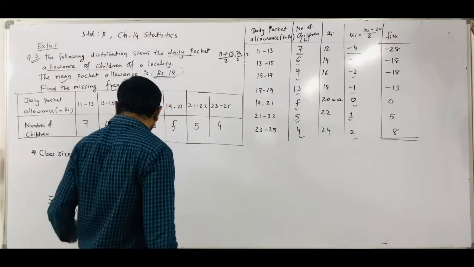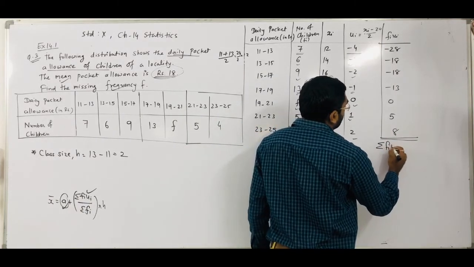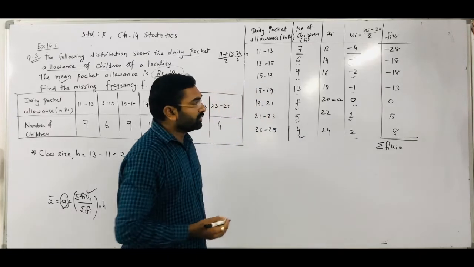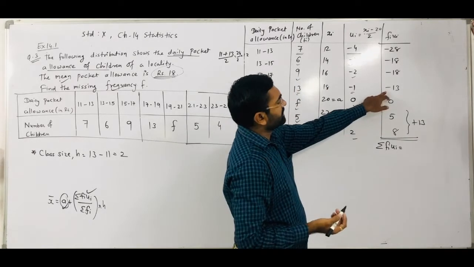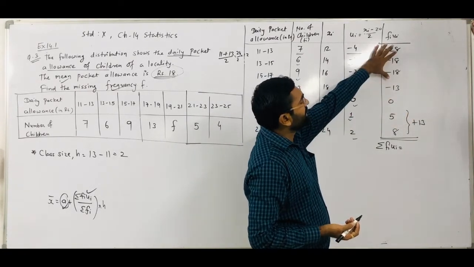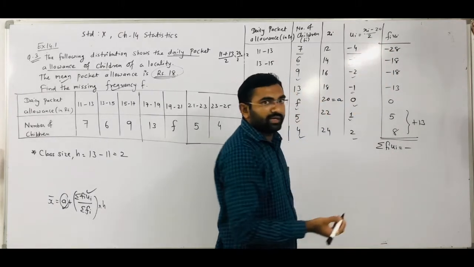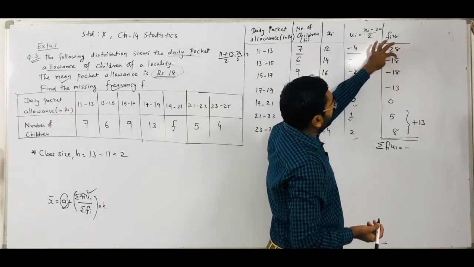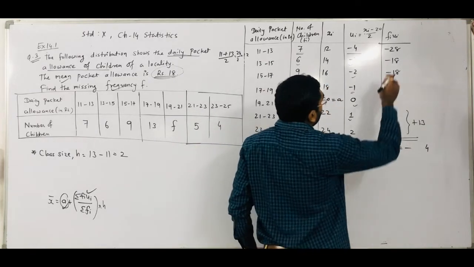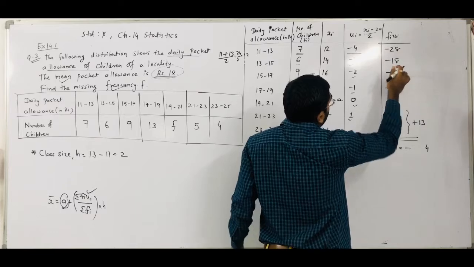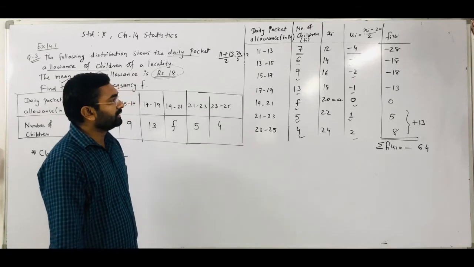After that, as per the equation, we require the summation of fi ui. So we have to do the summation of all these numbers, sigma fi ui. So 8 plus 5 is plus 13, right? Here is a minus 13, so it becomes a 0. Now we have to do the addition of all these three numbers. Here all three numbers are negative, so our answer is in negative form, right? Now 8, 8, 8, so 3 8s are 24, so 4 is there and 2 is carry. 4 plus 1, 5 plus 1, 6. So minus 64 is the summation of fi ui, right?